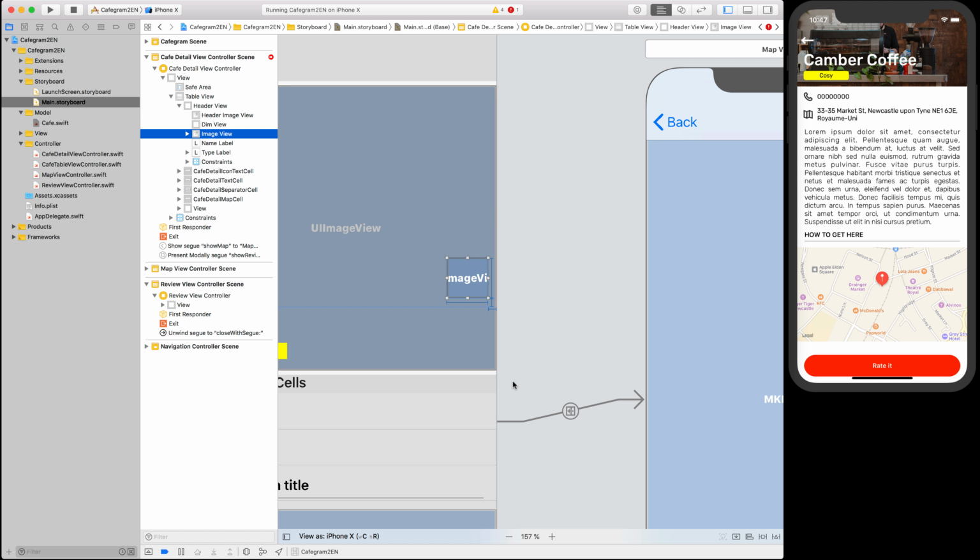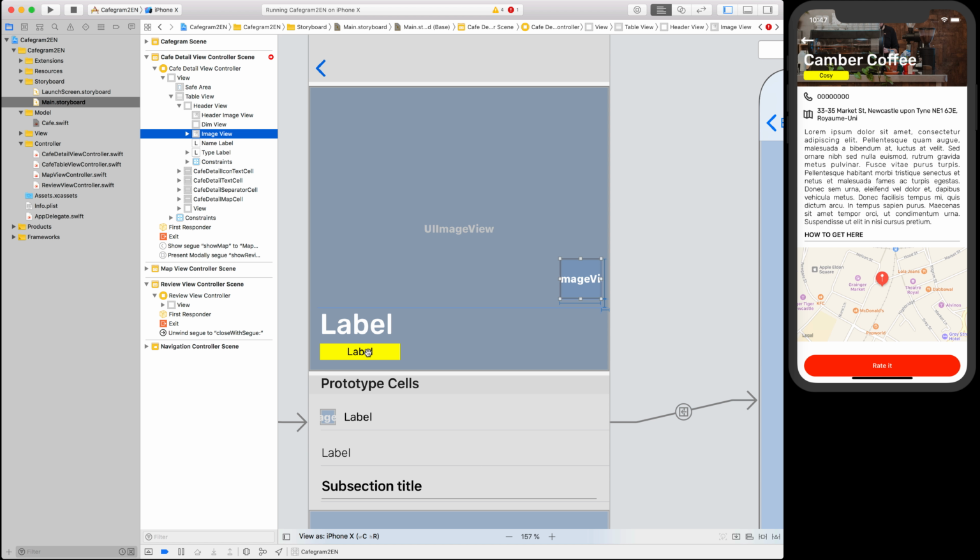However, it's not placed at our preferred location. We expect it resides near the lower right corner of the header view. There is an issue with the bottom constraint of the image view. If you select it,